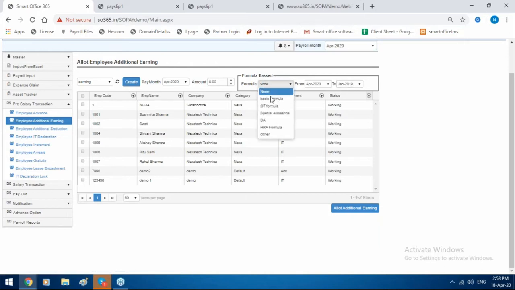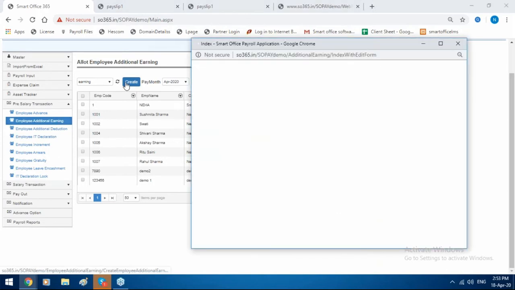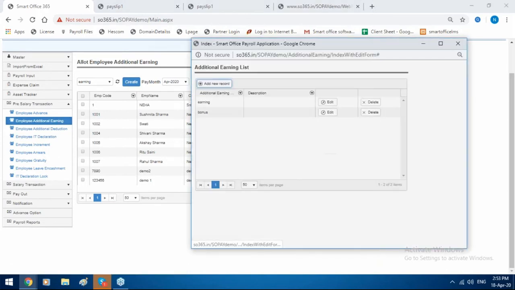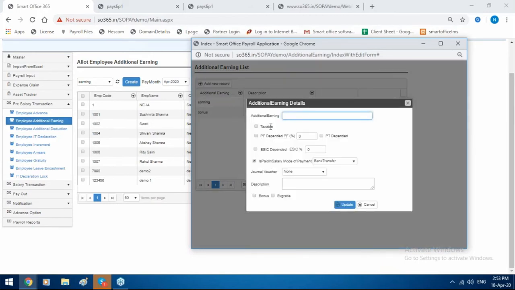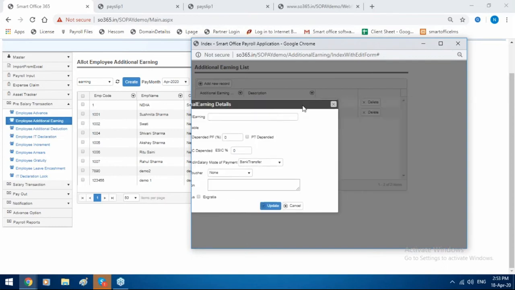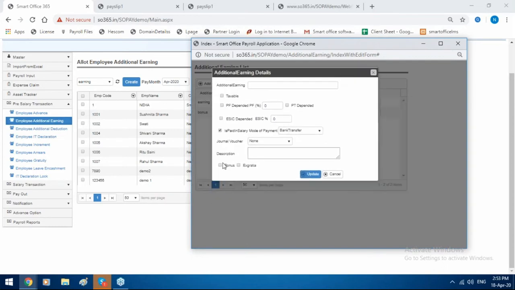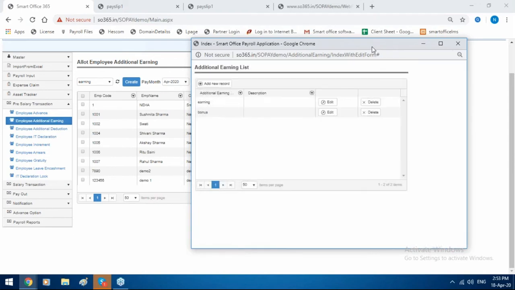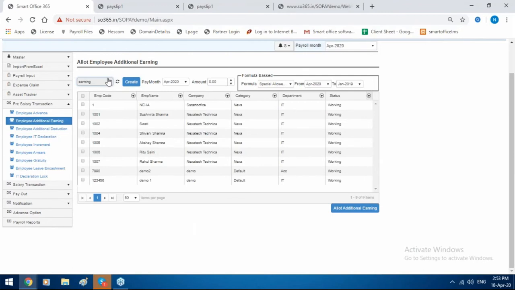Select that formula here. Okay, the same way you can create the head, whatever head you want to reflect in the payslip. Okay, mention that head name. If it is taxable, select a tax. If PF ESI is applicable, just select it. Okay, if that particular head is bonus, you can select bonus, so you will get a bonus report. Okay, so it will reflect here.